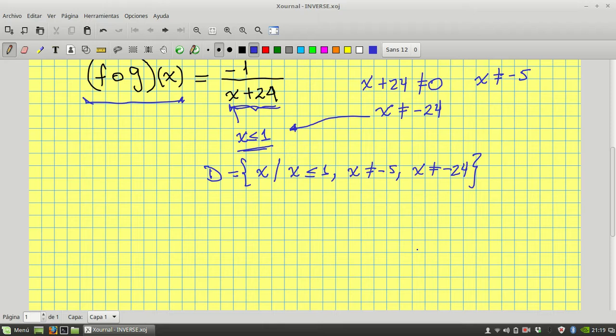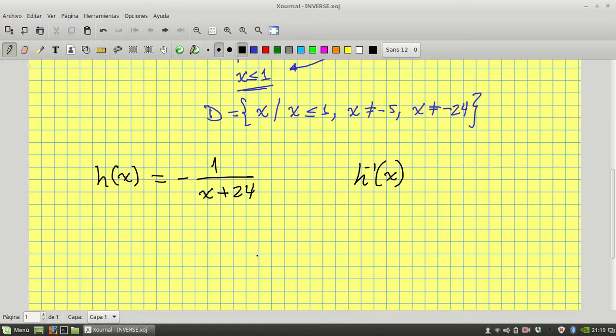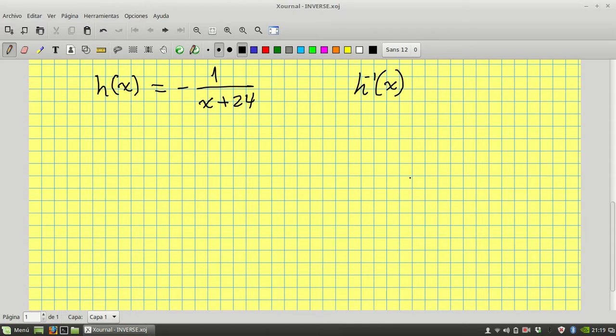But in this video we're going to search for the inverse of this function, f composite g(x), that we're going to call h(x), that is negative 1 over x plus 24, and we're going to find the inverse. So just to remember, what are the steps to find the inverse? The steps to find the inverse: first